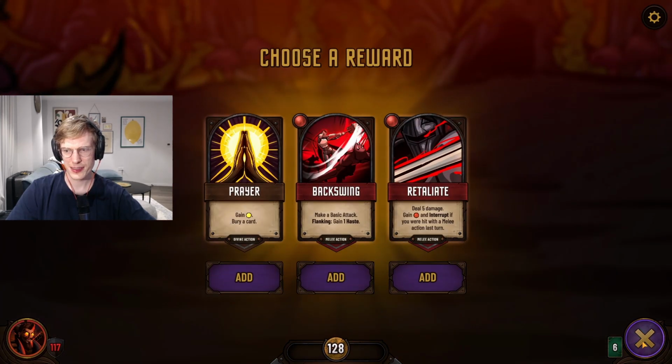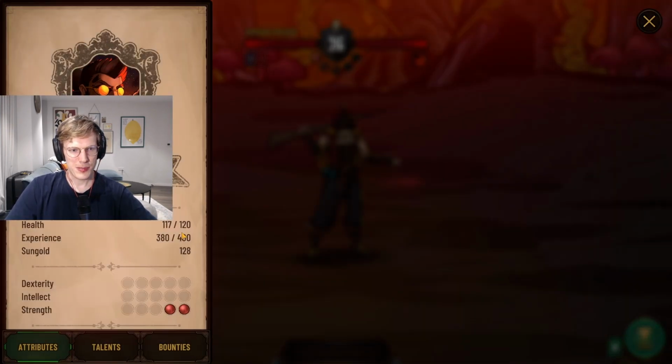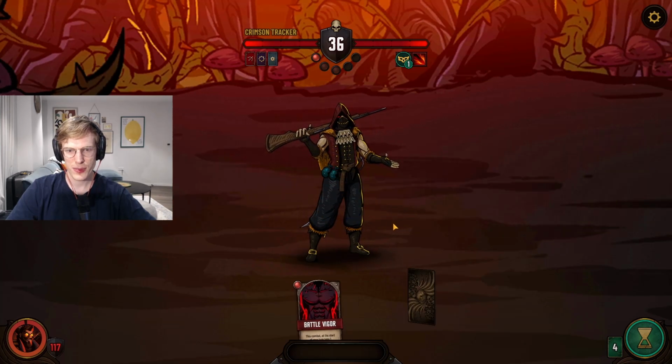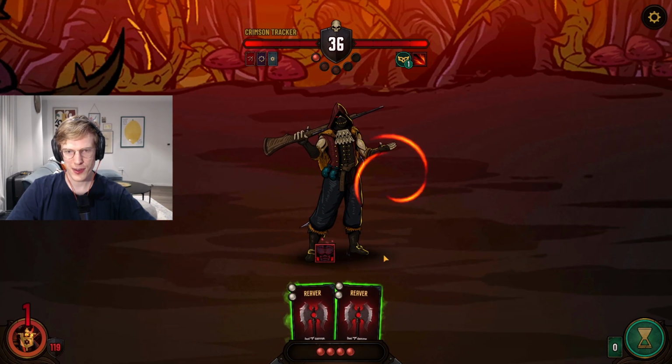Bloodhound down! Okay, we're getting close to our next level. How much XP? Yeah, after we kill, I think this guy, we should be able to have a look and see if we can have another crack at